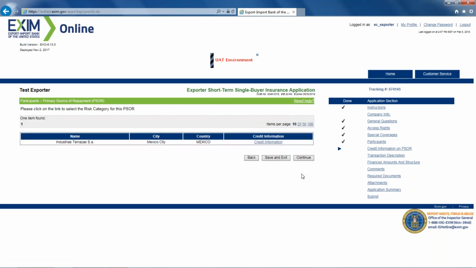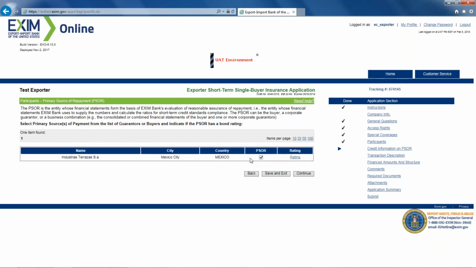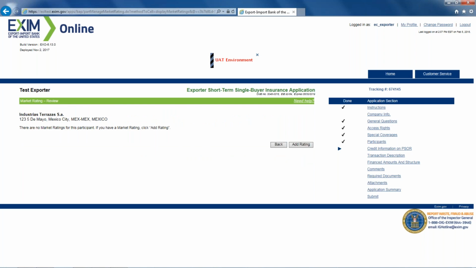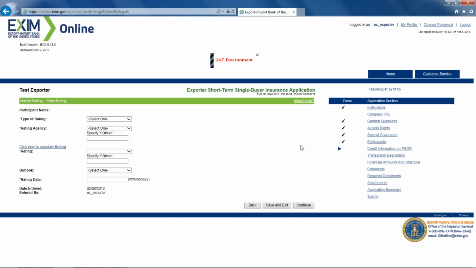I'm going to click continue because I think it's going to ask me, no, let's go back. There is this rating button. It does ask you if the entity is rated. And so let's click on that. And it's going to default to there being no market ratings. But if you have one or know of one to add, you can do that. So we're going to click the add rating button. And this screen will appear and will allow you to fill out various bits of information with respect to that particular rating. So in this case, we're going to say, yes, this buyer does have a long-term rating by S&P.